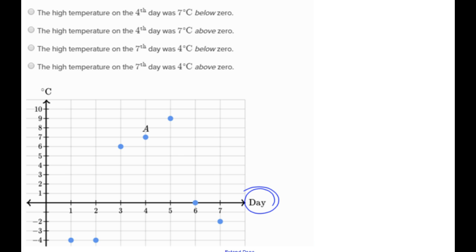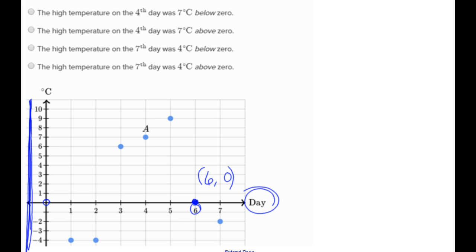Okay, here's my day, and I want to know what it was on the 6th day of the trip. And the temperature, I get that over here on this number line. Okay, and at the 6th day, it is at 0 degrees. This blue dot has the ordered pair 6, 0, so it is 0 degrees